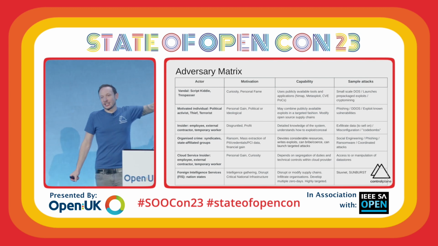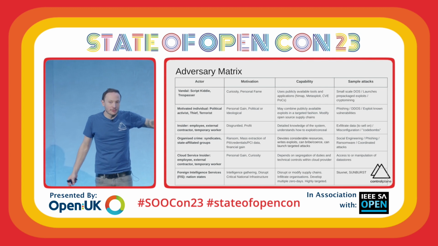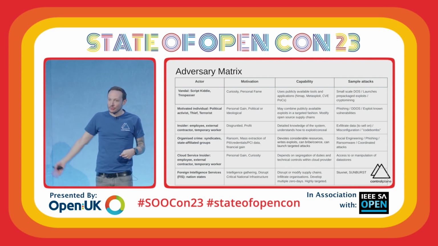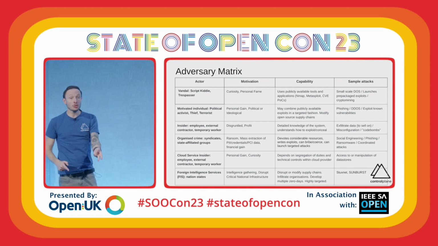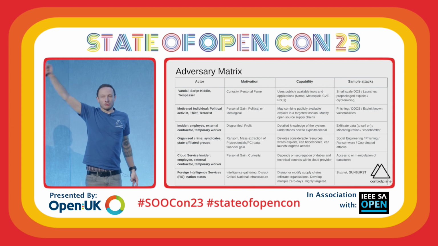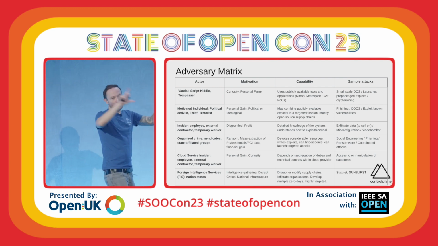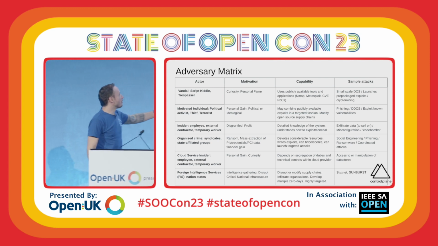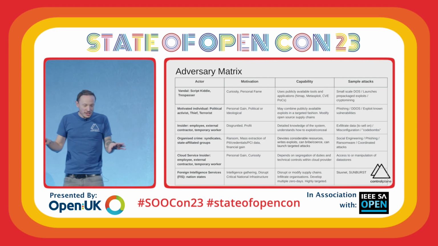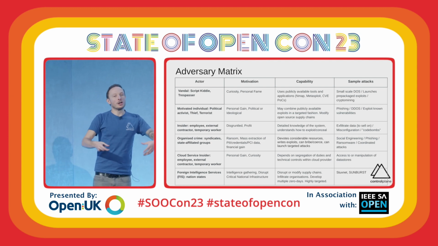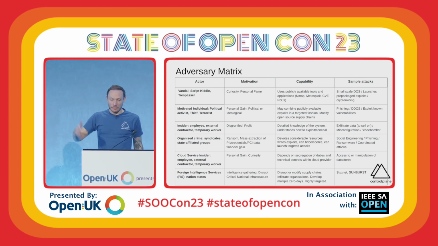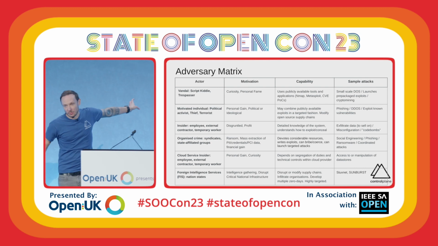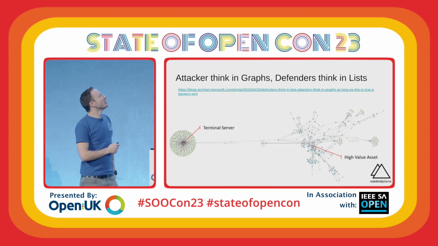We get to cloud services insiders. We're talking about the Capital One hack, for example, where an ex-employee used privileged information to get a server-side request forgery into a web application firewall with an overprivileged IAM account, reads an S3 bucket, dumps customer data, poster child for the cloud, pwned. And then finally foreign intelligence services. This is where you might lose some fingers. So ultimately, when there's a physical threat, it is at this point that we rely on the previous layers of controls to not give one person the access to become a target for a foreign service. And then at the bottom, we have HAL from Space Odyssey.